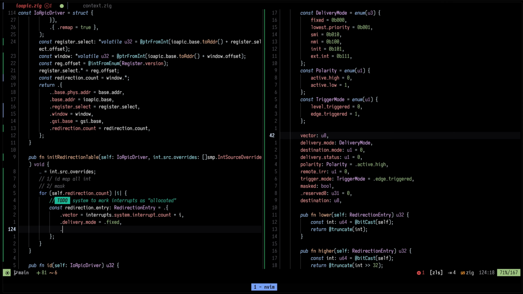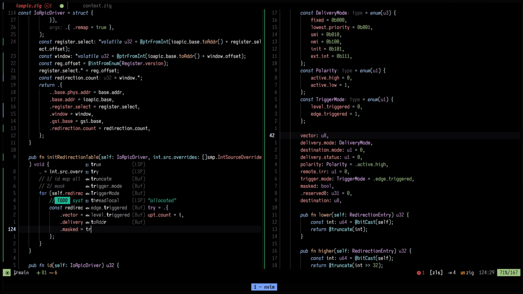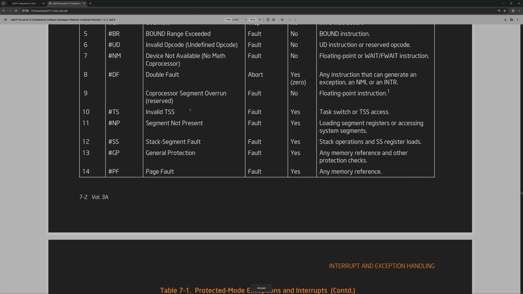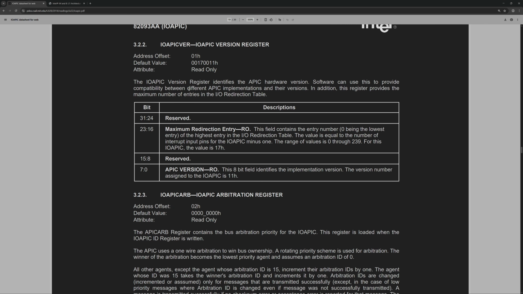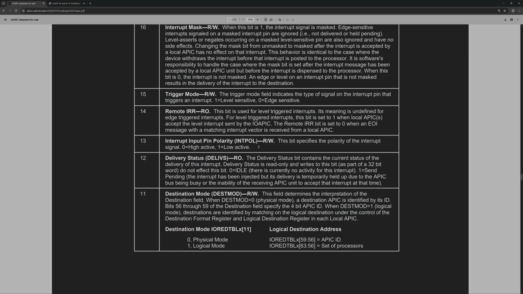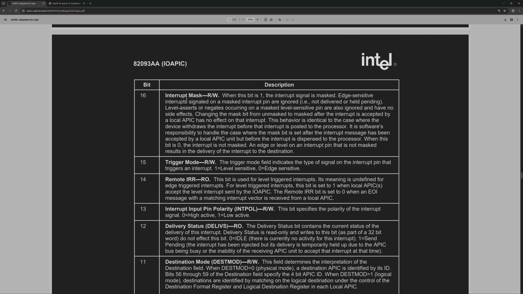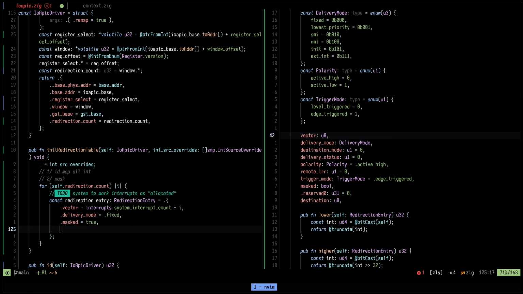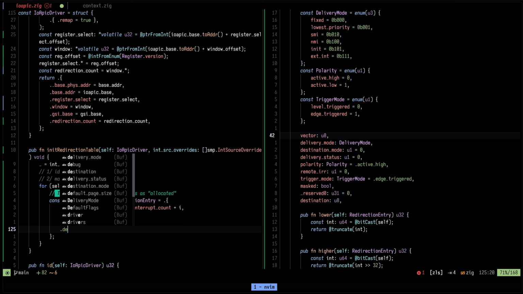Remote IRR, trigger mode, masked. So actually, let's just combine steps here, 1 and 2, to the same step. I just want to check that masked is actually, so we set 1, we set true to mask. Yep, okay. Right. So masked is true, and destination is